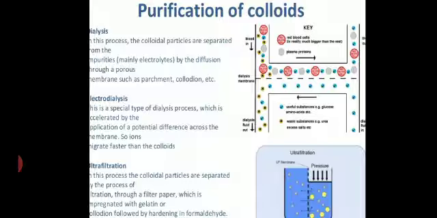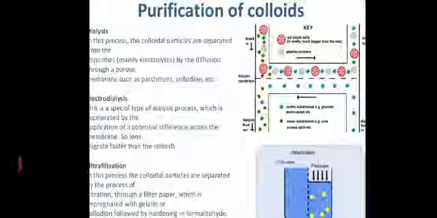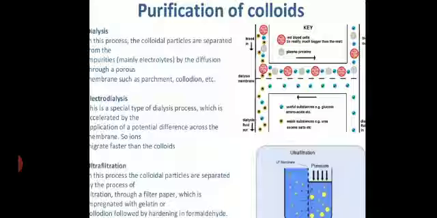The next method is the ultrafiltration method. In ultrafiltration, we take ordinary filter paper and dip it in starch. On dipping it in starch, a coating comes over the filter paper. Now you dip it in formaldehyde solution and put it outside in the sun. The starch, which was a sticky layer, becomes hard and non-sticky on dipping in formaldehyde solution and drying in the sun. That particular filter paper is known as ultrafilter paper.